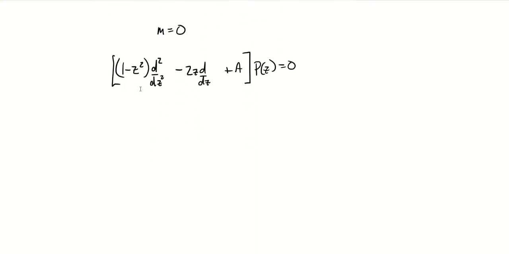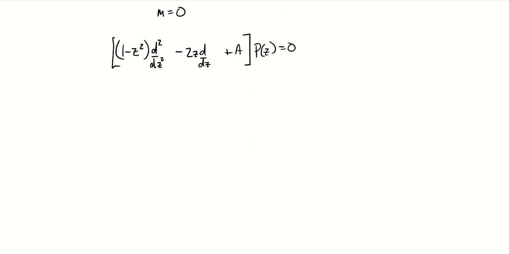To do that, we essentially just take this P of z and assume it's a power series from n equals 0 to infinity of some constant a sub n times z to the n. We take that expansion, plug it in, and solve for what these a sub n coefficients are, and we have our function. To do this, though, just looking at our differential equation, we're going to need to know what these derivatives are.